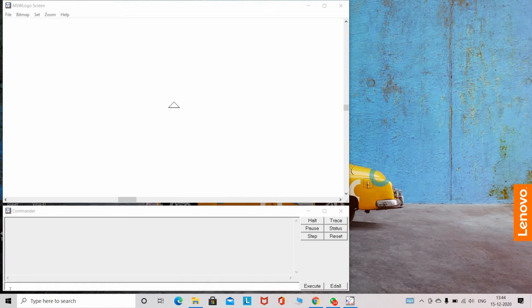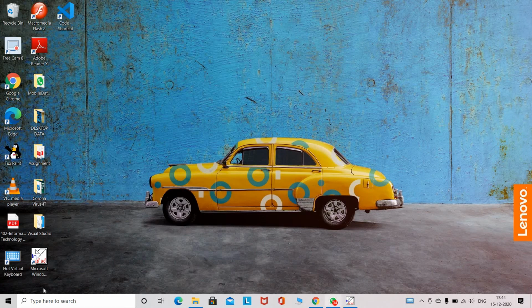On the right side there are some quick blocks, the "let's know more" block is there, the fourth one. In that, in blue color, there is a website. On that website you can download this application. When you download the application, you have to run it, and after completion on your desktop this type of Logo window will come. Just double click on that.